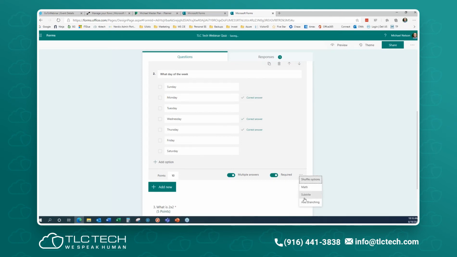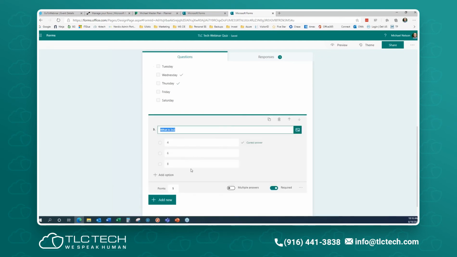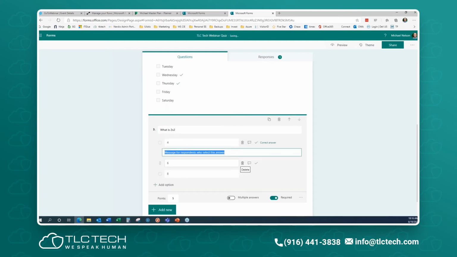And again, you've got other options in here, math being one of them. I'm not going to go that deep, but if there's any educators that would like to go a little deeper in that, feel free to reach out to me via email. This other question I had is, what is 2 plus 2 times 2? 4 answers or 3 answers, and if you notice in here it was just that. I said that's the correct answer. You can also do a message if you want. Respond, we'll just do you got this right. Okay, so we've got that.